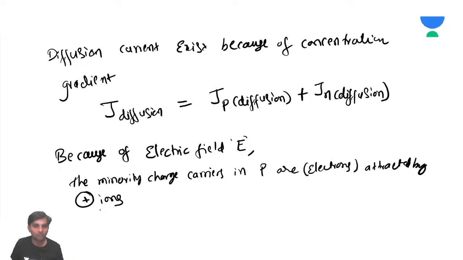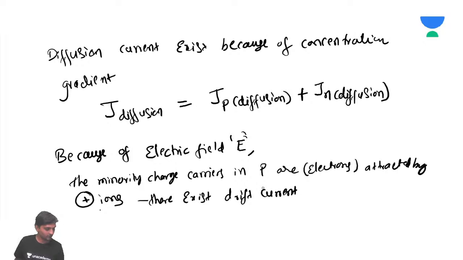Then it is because of the electric field. So what I can say is there exists drift current. Yes or no? The current which is existing because of the electric field is called drift current. So similarly, the minority charge carriers in the N region are also